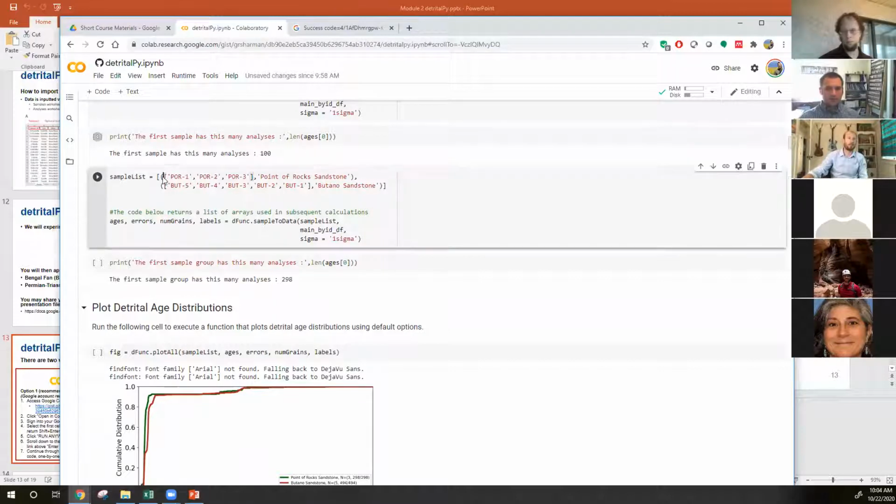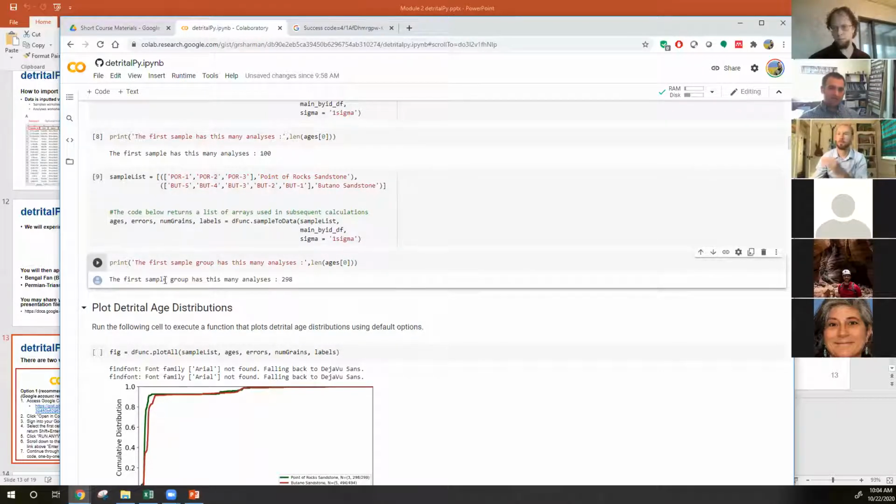To do this, you basically put the samples you want in brackets, and then with everything within parentheses with the name of what it is to the right. You can just sort of follow this format. What I'm doing here is I'm combining 3 samples into the Point of Rocks and 5 samples as a Butano sandstone. These are different formations, and that's why I'm grouping them this way. I'm trying to group these data by formations. And so I can run that, and if I run this cell, it'll say the first sample group has 298 analyses. So there's 3 samples, they each have about 100. You add them together, now you have